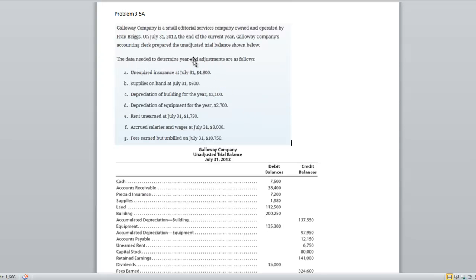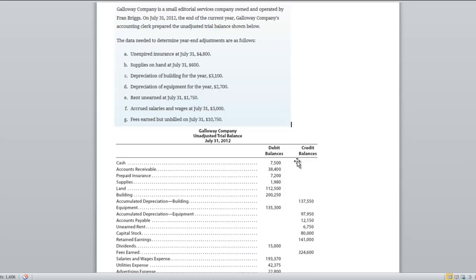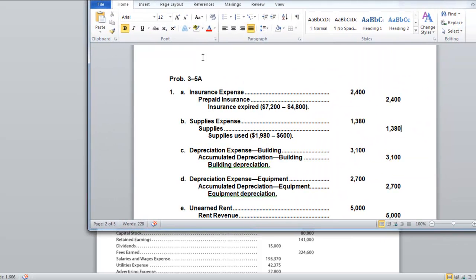So let's take a look here. It says the data needed to determine the year-end adjustments are as follows. Unexpired insurance at July 31st, $4,800. Let's see what our prepaid insurance balance we currently have. It says we have $7,200, and this is telling us that in actuality we only have $4,800 left. So the difference between those two amounts is $2,400. We need to record an expense for the amount that we used, and this credit here to the asset will reduce it to the correct amount,